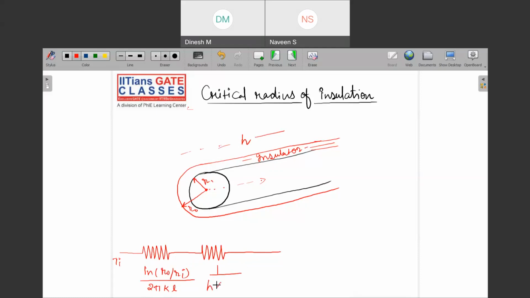And what is that area? The area which comes into the picture is 2πR0L, because this is a pipe. This is the area through which it can transfer its heat. So the resistance is 1 upon h into 2 into π into R0 into L, and this is your ambient temperature. Got the idea? You have started from this point and traveled till this point. Then these are the resistances.